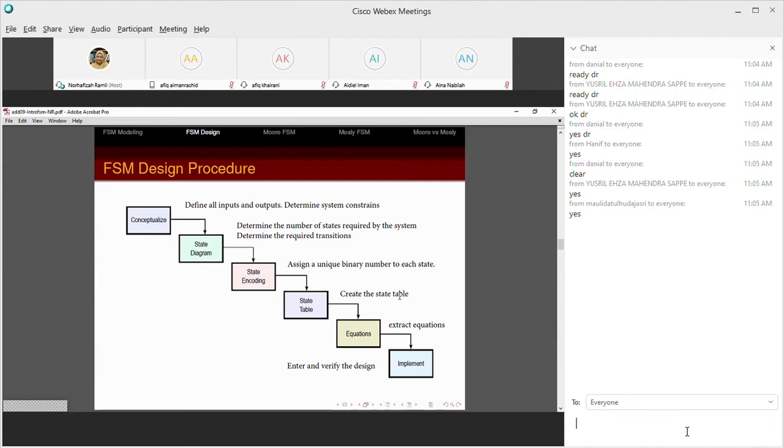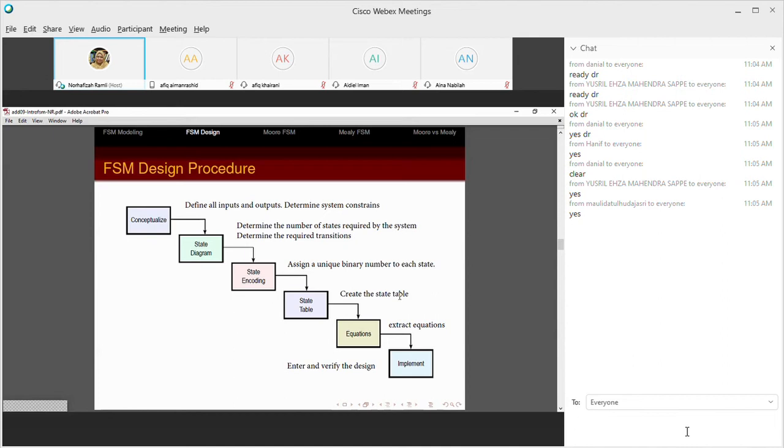The first step is called conceptualize, which means in the first stage, you are given a problem or statement, or whatever way people give you problems. But from that problem, you have to define all the inputs and outputs,